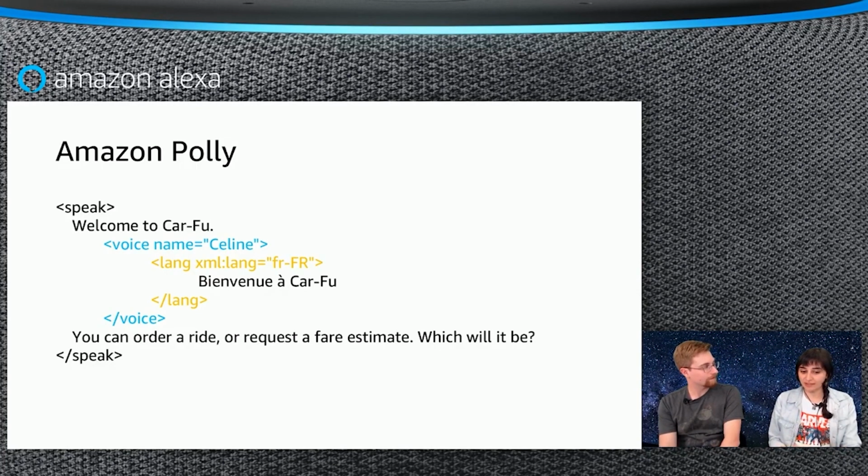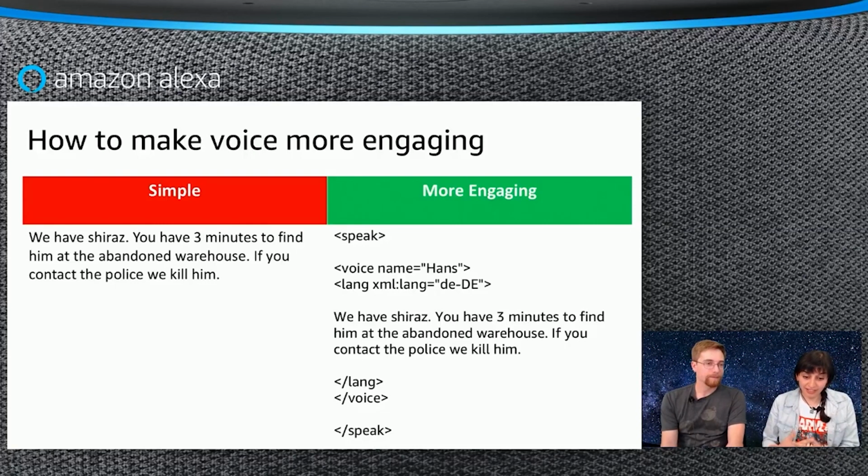But the cool thing about these two tags, voice and lang, is you no longer have to do it. You can directly define what voice character is of interest. Here we can see that I've chosen Celine because I wanted to have a French accent. And then you can just say which language you want to interpret the phrases provided within it. I'm not French, so probably you would say bienvenue in French, but this is a French phrase, so that's why I'm using lang of French. And you can create really interesting voice characters through there.